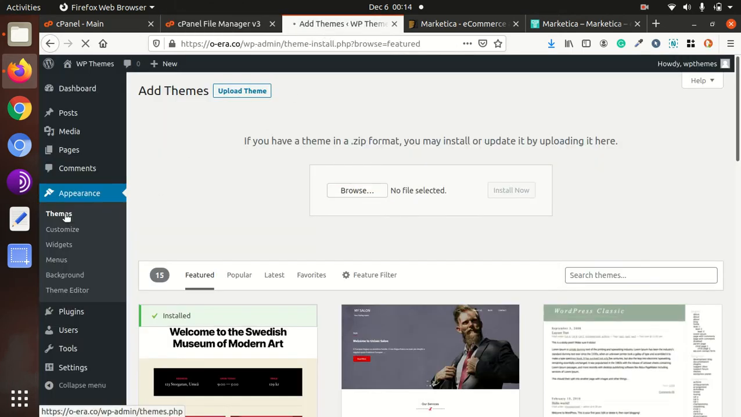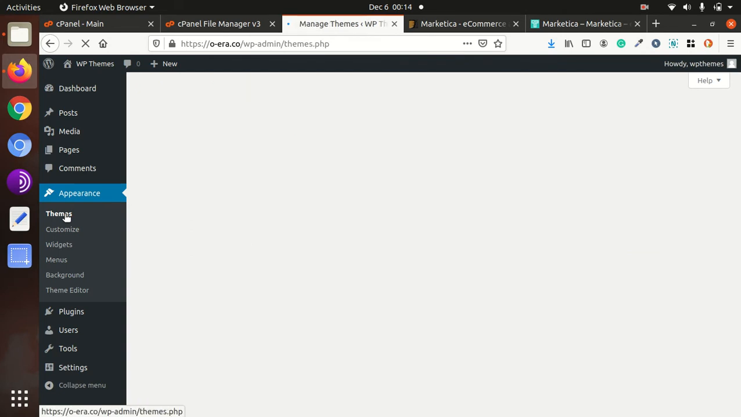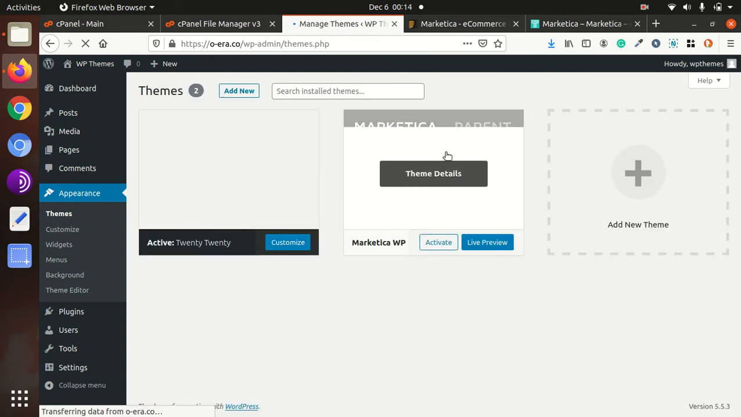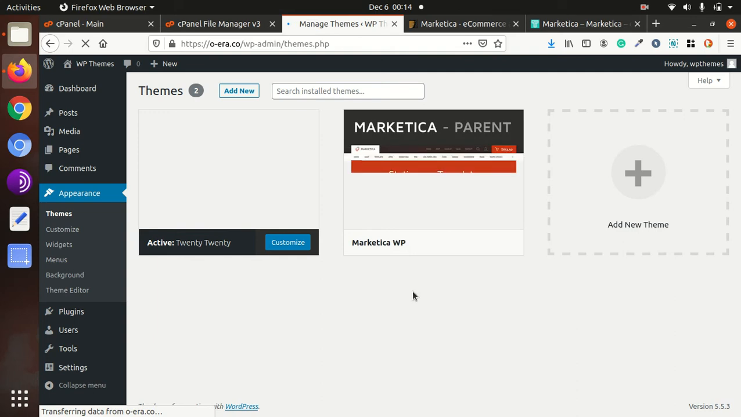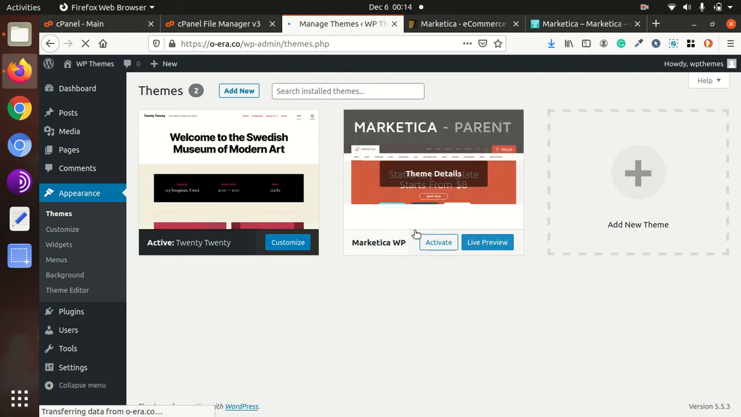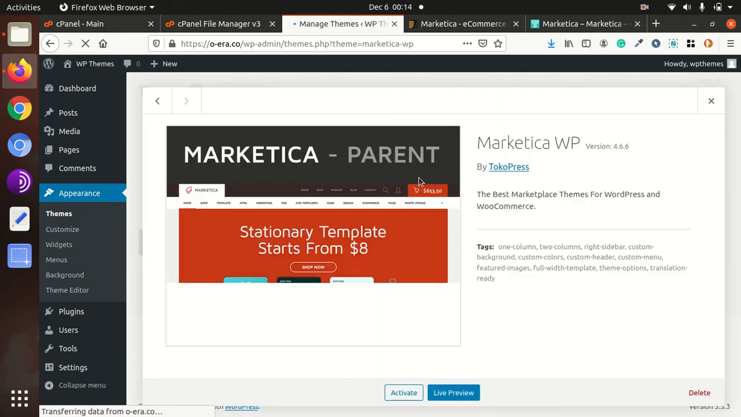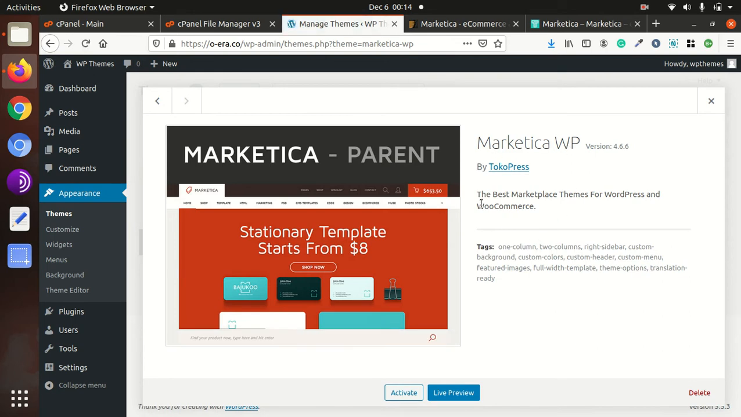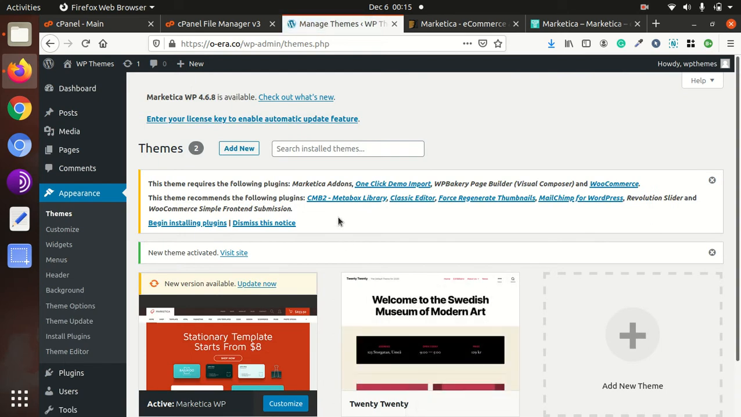Come to the themes, and now we have Marketica as another theme option. Theme details: Marketica WP, the best marketplace theme for WordPress and WooCommerce. It is version 4.6.6. So activate the Marketica theme, and as soon as you activate,